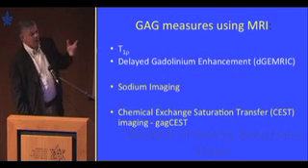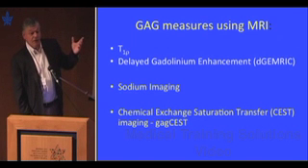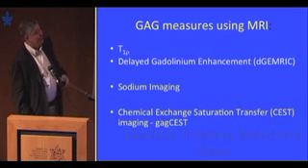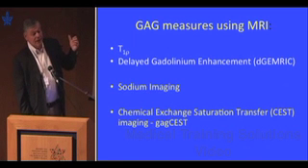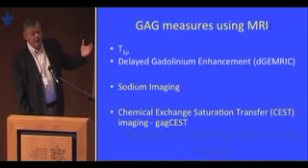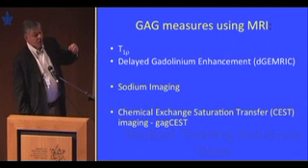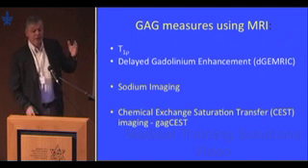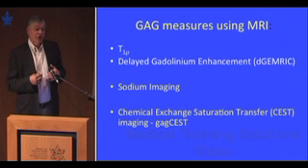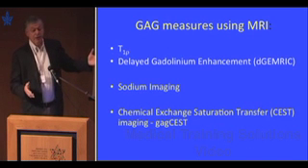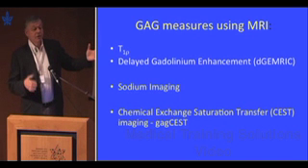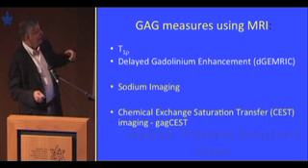And so there are many ways of doing it. Again, other people in the audience, Ravinder Reddy and others, have looked at T1 rho measurements. There's dGEMRIC, which makes use of the fact that when the GAG is intact, it's negatively charged. So negatively charged contrast agents don't enter into the cartilage. When the negative charge goes away as the GAG is degraded, and by the way, what balances a negative charge is sodium. And so one could make the argument, a very good one, that as GAG gets depleted, the sodium